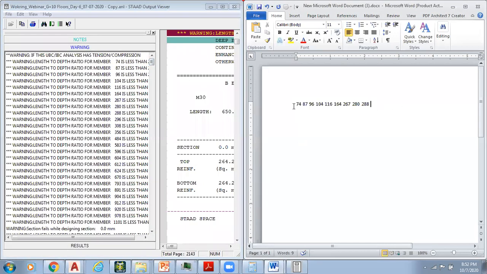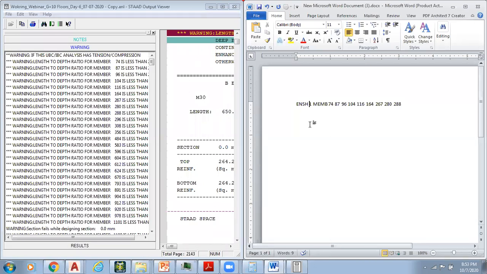Once I add all these member numbers, I must mention ENSH space 1 space MEMB space, then the member numbers. EN means enhanced, SH means shear strength, so enhanced shear strength, 1 means 100%, MEMB means members. So for all these members, the shear strength has been enhanced 100%.